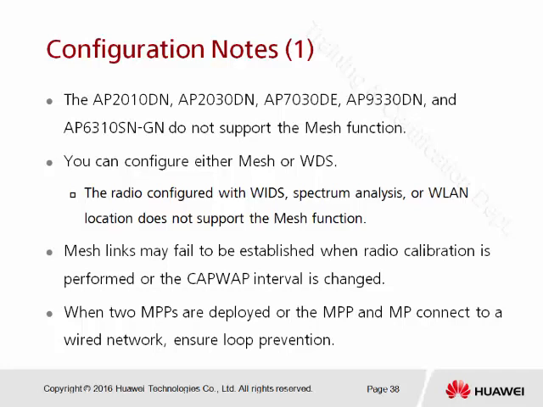The mesh link might fail to be established when radio calibration is performed or the CAPWAP interval is changed. Yes, this is true. When you want to configure the mesh link, take note: don't enable the calibration at the same time, because calibration does an auto power adjust. When doing the power adjust, all the APs connected to the same AP group will start the calibration. When they detect that these two APs can detect each other,